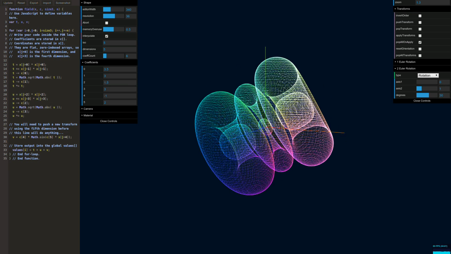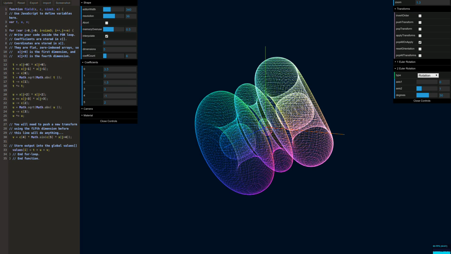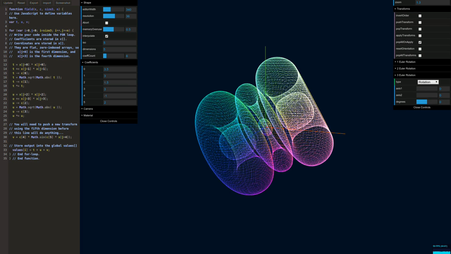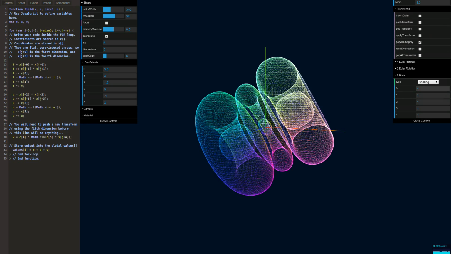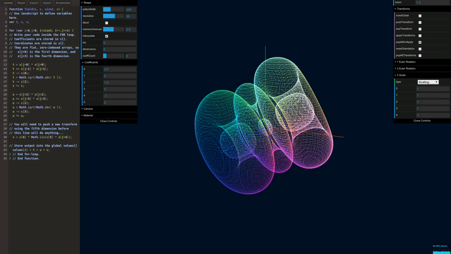Just give it off axis so I can really show some of the effects of what I'm about to do. Okay, so now I've got two rotations. Now I'm going to scale. So I can scale things along the x-axis,